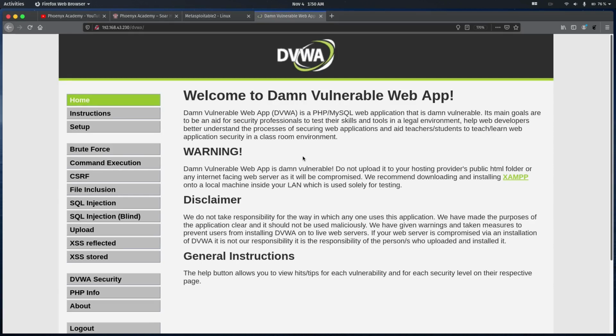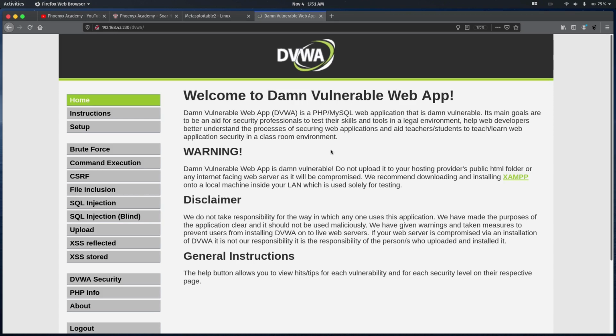All right, so now that we have installed our Burpsuite, let's see how we can use it as a web proxy server to intercept traffic, especially HTTP requests coming from this client machine and going to the Metasploitable server. We know that this DVWA is a web application hosted on the Metasploitable web server. So we want to intercept the HTTP GET request and HTTP POST request going to the